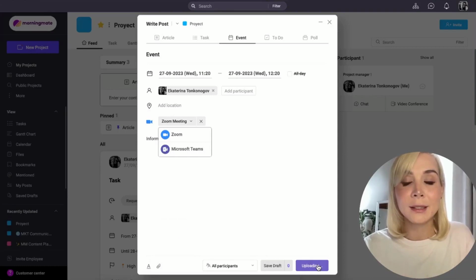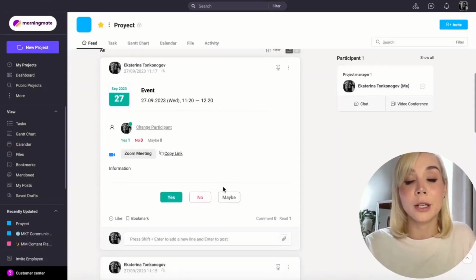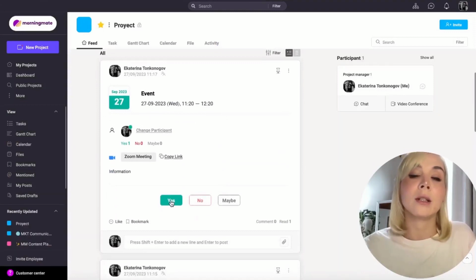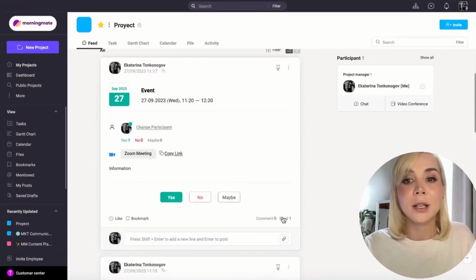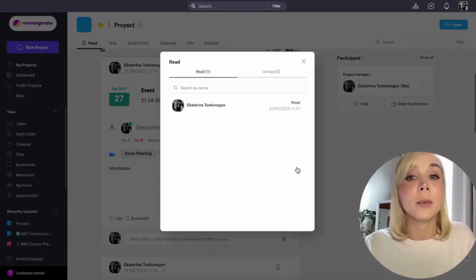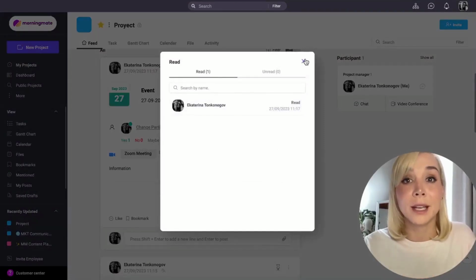So we posted, and this is the way that it will look on our feed. In here as well, you can confirm which members will be participating in this kind of event, so it's really easy to keep track of everything. Same here, you can see how many members have already seen this publication in case you need